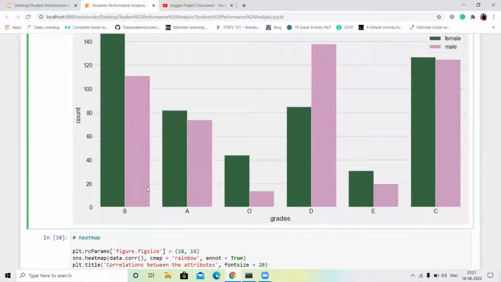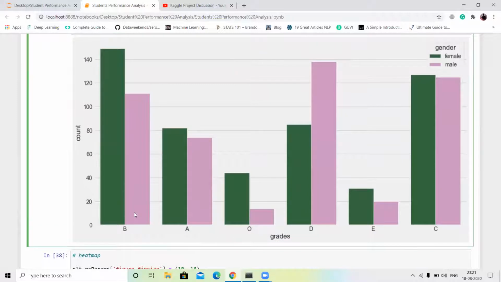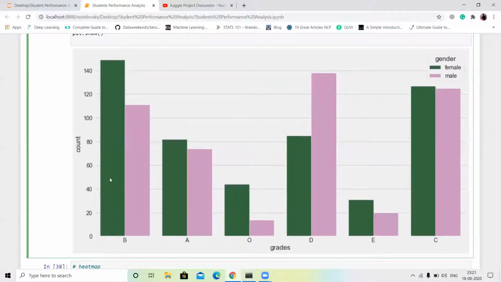So the maximum students are in the B grade, the maximum male students have the highest score and the female score is low. And in the outstanding part, the female has the highest score and the male has the lowest score.